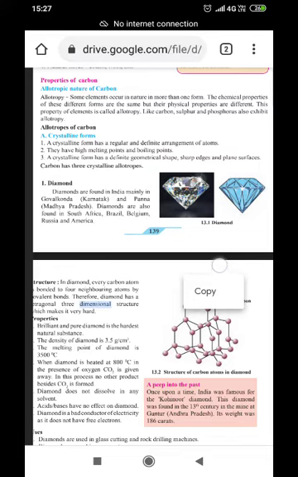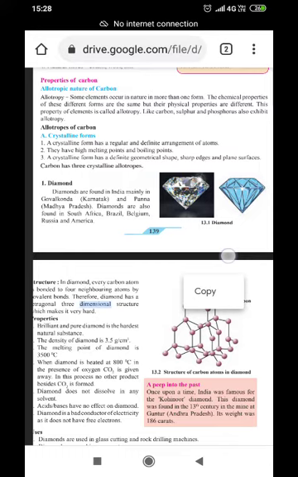For example, if you consider carbon, the allotropes of carbon are diamond, graphite and fullerene. Diamond is also carbon, graphite is also carbon, and fullerene is also carbon. Their chemical properties are the same. The symbol is the same, C, but the molecular structure in the form in which it is present is different, and therefore they are called allotropes of carbon.